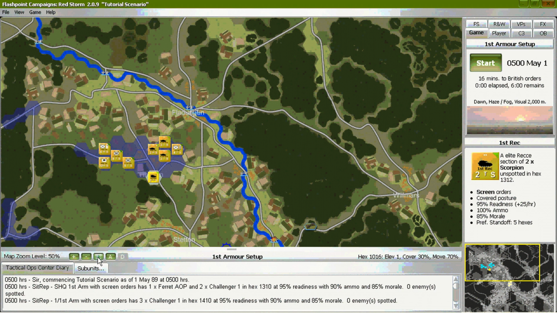Once the LOS tool is active, you can check empty hexes by Shift plus left clicking on an empty area of a hex. Shift, click. This line of sight will only be based on the current game visibility and not any special abilities of any unit. So Shift and clicking on this hex will show what if this unit was here. These are the hexes that this unit would be able to see.